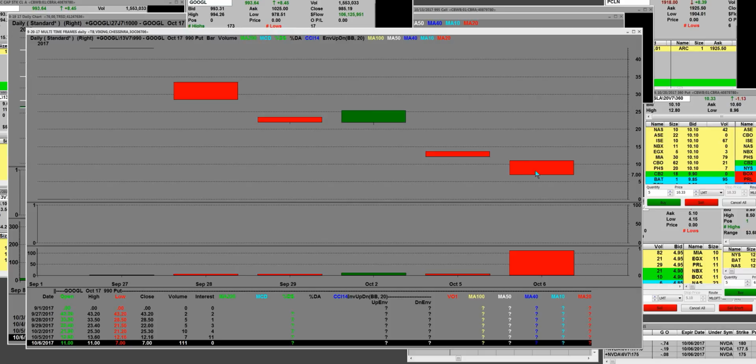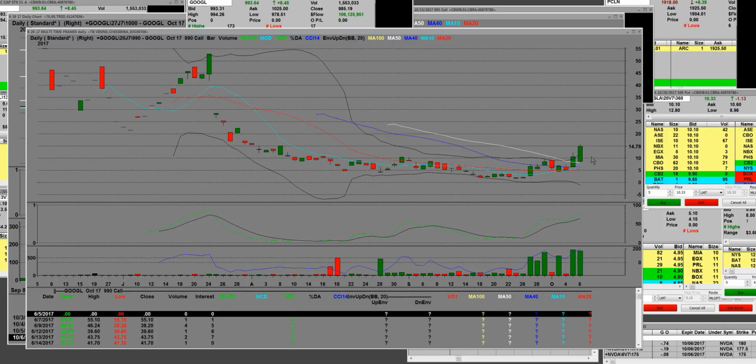So basically what we're going to do, as this is totally deflated, we're going to buy these at their lows. And then once we have the lows locked in here on the 990 put, we're going to go ahead and buy the 990 call that expires on the 20th. So we're going to buy the calls, but they have room to move. So on the short term